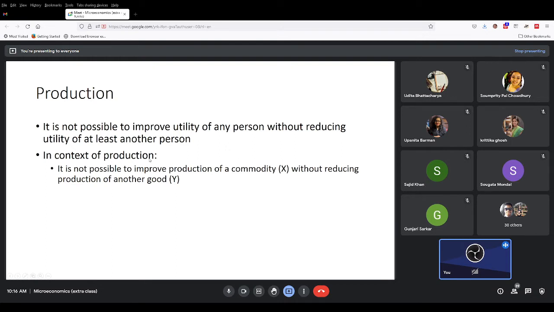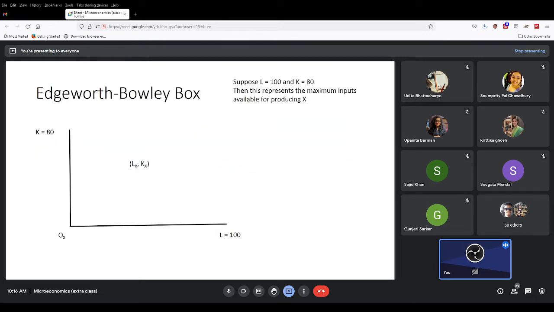In the context of production, we cannot improve production of a commodity X without reducing the production of some other commodity. So an equilibrium is said to be Pareto optimal if an increase in X is possible only by reducing the production of Y, and vice versa. If you want to increase the output level of Y, we have to reduce the output level of X. How do we find it out? Okay. Now here we have to introduce the